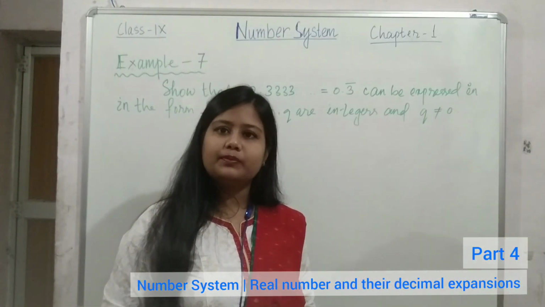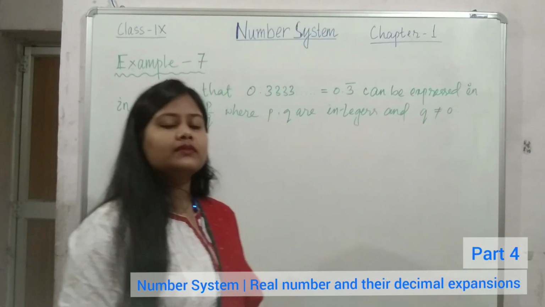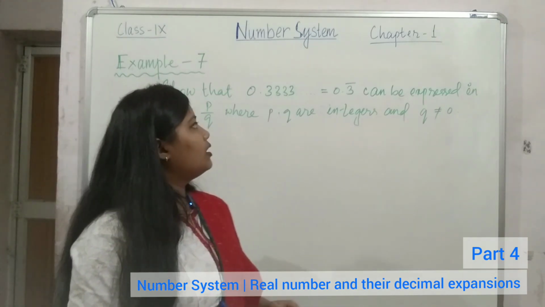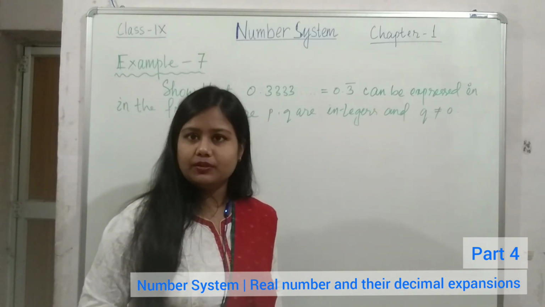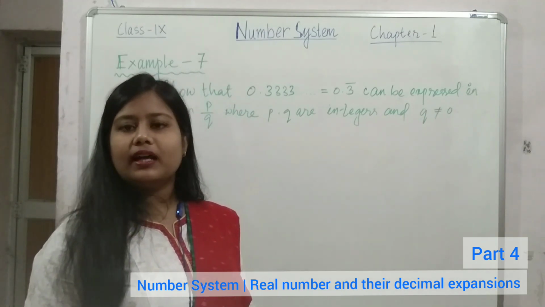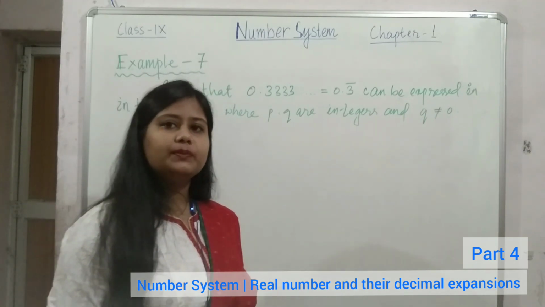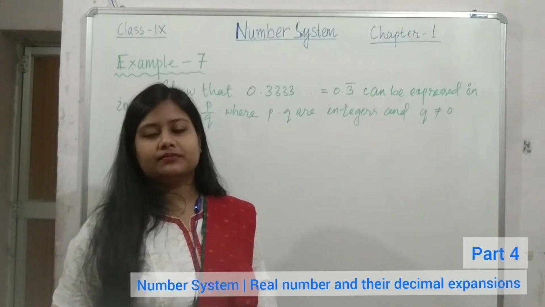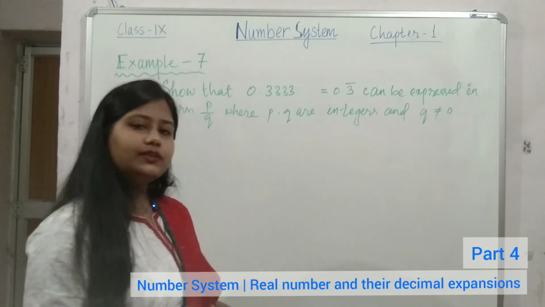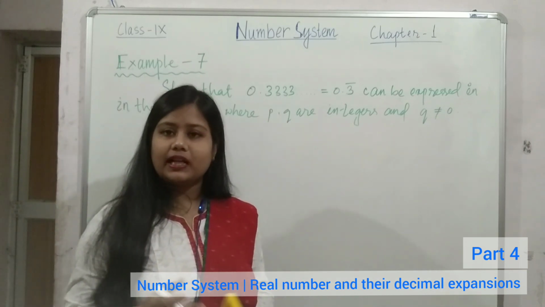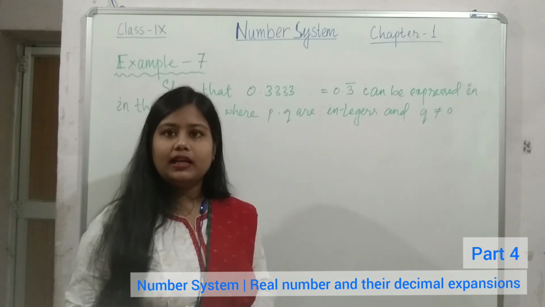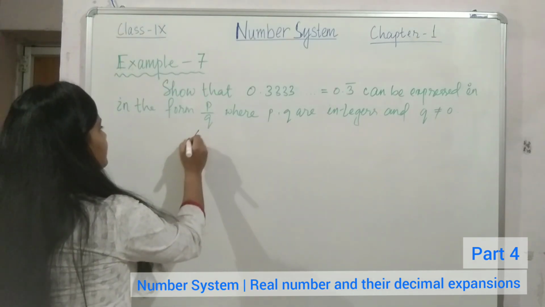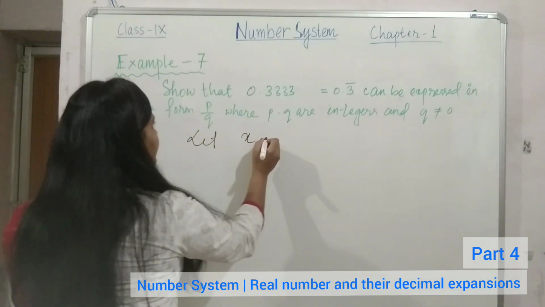Now let's solve example 7 of the same chapter. The question is, show that 0.3 bar can be expressed as p by q, where p and q are integers and q is not equal to 0. It means we need to show that this decimal number is a rational number. And as we do not know the exact fractional value of this decimal number, let us take it as x. So I am writing, let x equal to